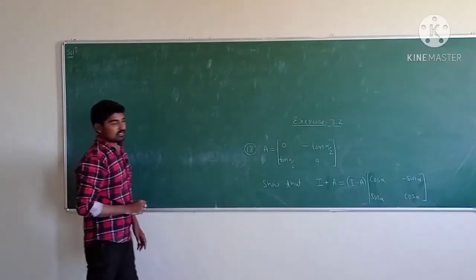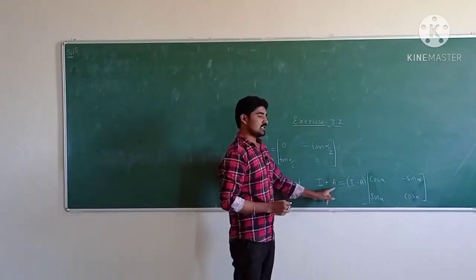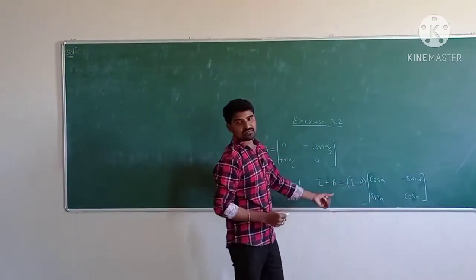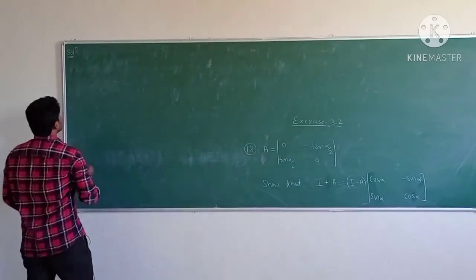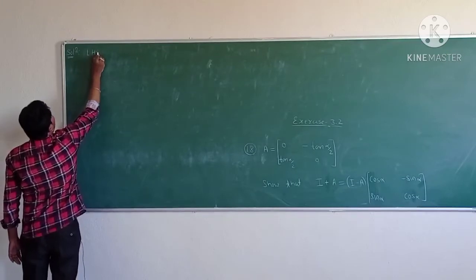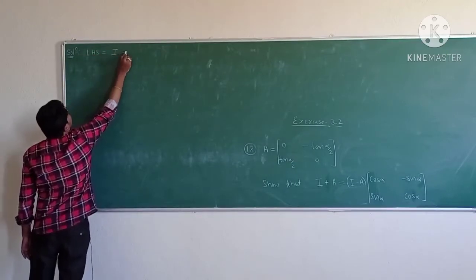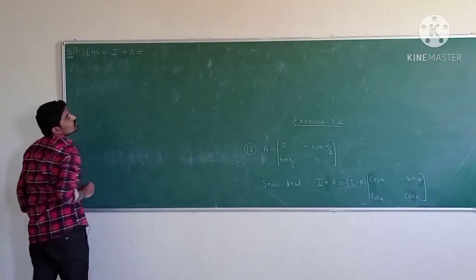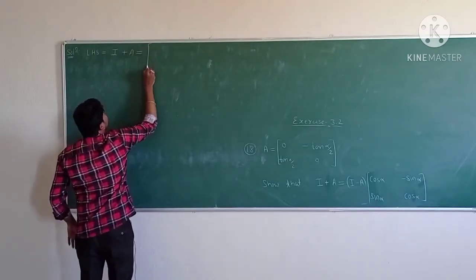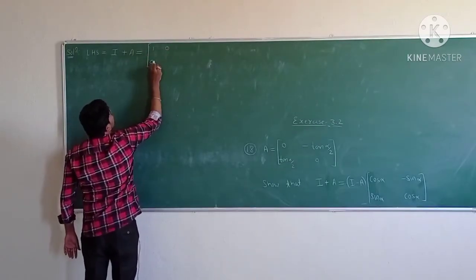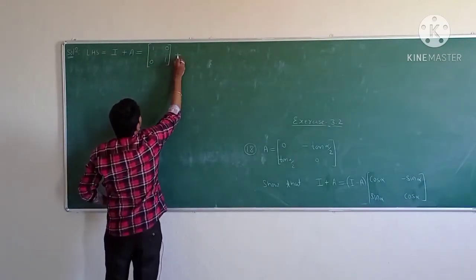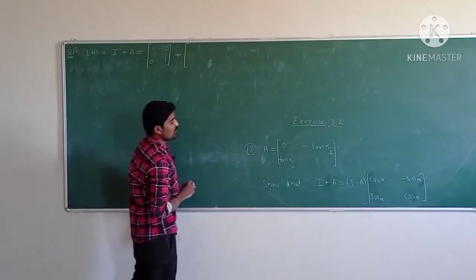To prove this, first we need to find out the value of LHS, then RHS, and compare these two. If they are equal, equal. If they are not equal, not equal. So first, the value of LHS is equal to I plus A, which is equal to I, a unit matrix of order 2 cross 2. Unit matrix means 1 0 0 1. Order of this matrix is 2 cross 2, plus A matrix, and A matrix is given by